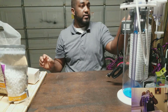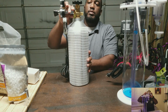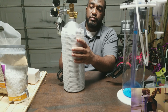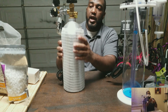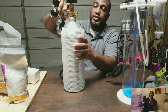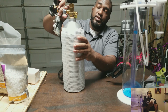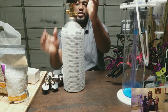Now, as far as your CO2, which is going to be the main thing that's going to melt the media, this is going to be a little 5-pound tank. They have them all the way up to 10, 20, 30-pound tanks. Usage is going to vary depending on how much you're dosing in there and things like that. So a couple of things with the CO2 tank. I've seen a few of them before, but as far as what I'm going to need for this setup, you have your tank,